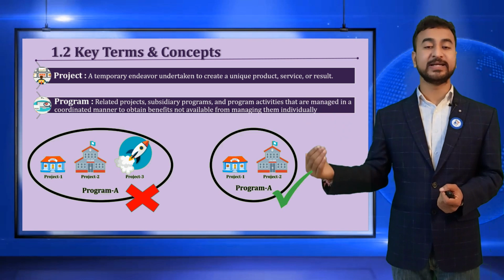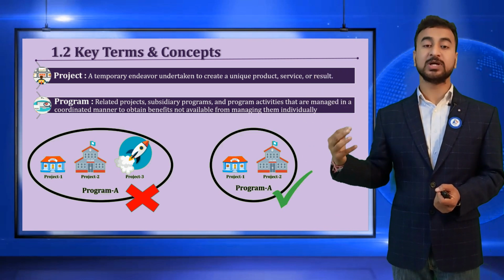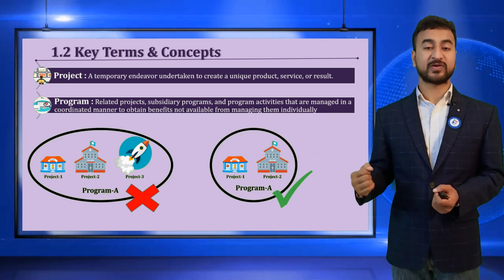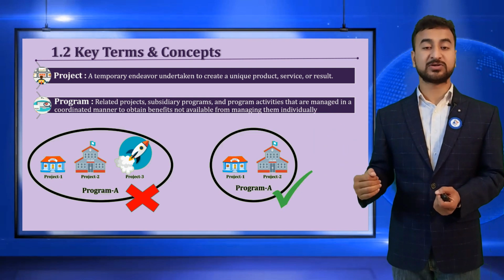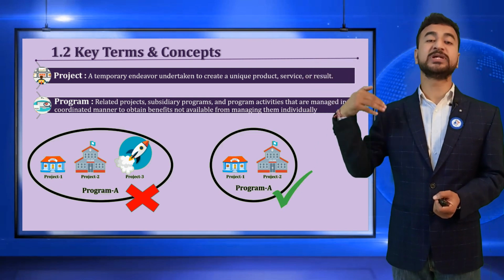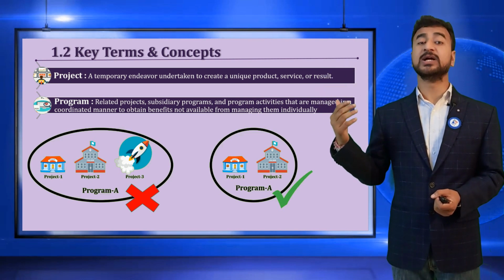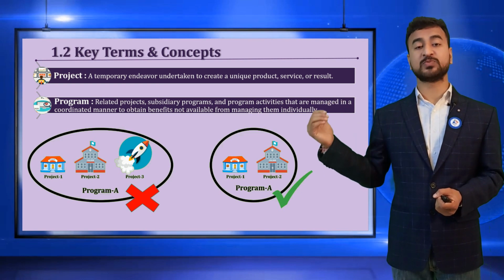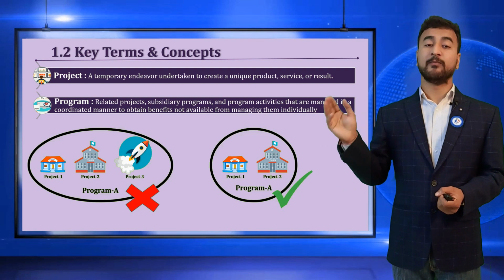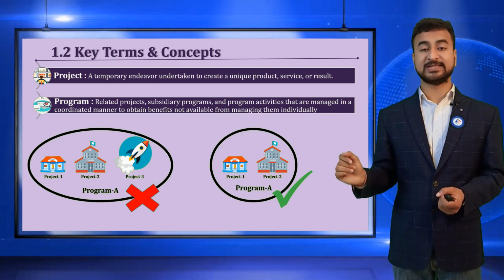What is the advantage? Why do I need to integrate or manage at a program level? Suppose at project 1 I require 100 trucks of brick, and for project 2 I require 1000 trucks of brick. If I negotiate at the program level, I can get better rates. That is one advantage, the cost advantage. Second, I can move resources. Suppose project 1 resources are not available, I can shift resources from project 2. But I cannot merge with project 3 because it has a different skill set.